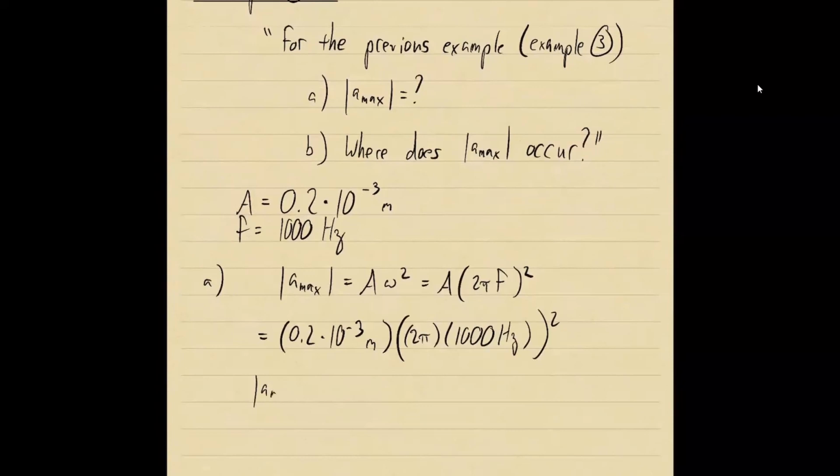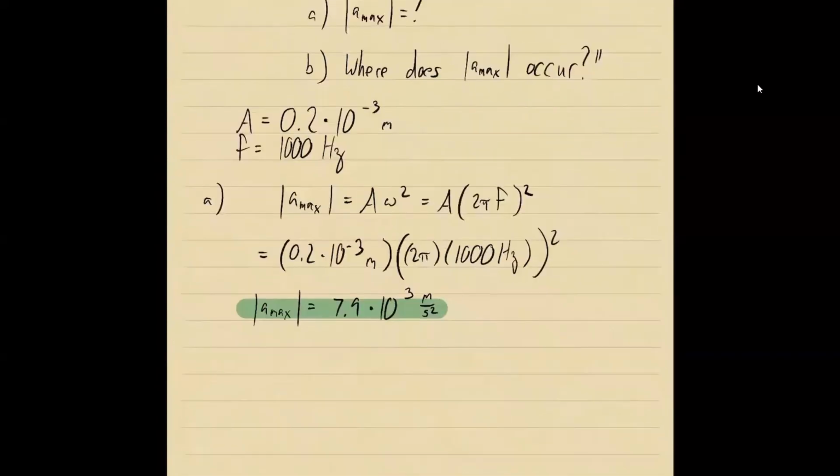And we get an A max value, the maximum value for the acceleration of this thing, of 7.9 times 10 to the 3 meters per second squared. So this is part A. And part B is asking, well, where does this actually occur? So for part B,